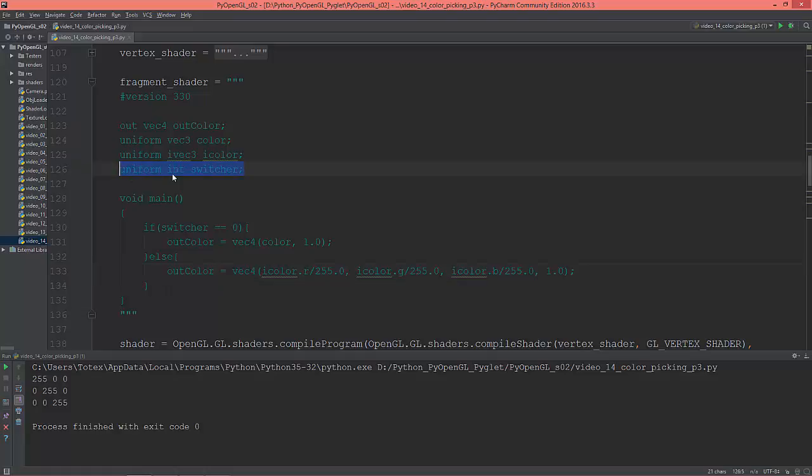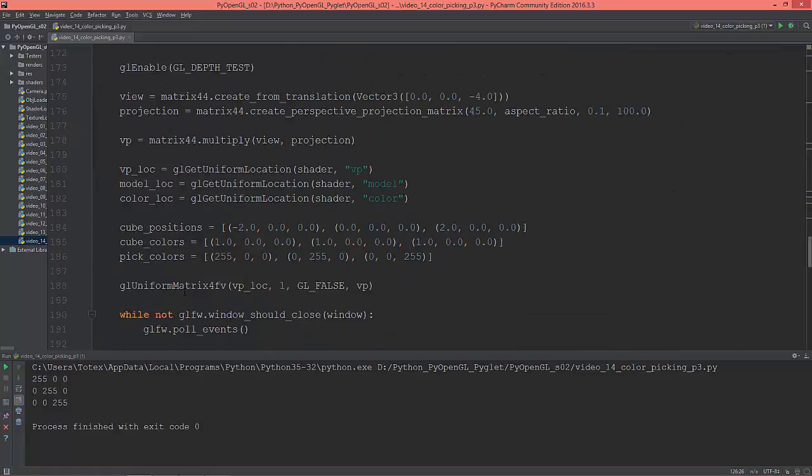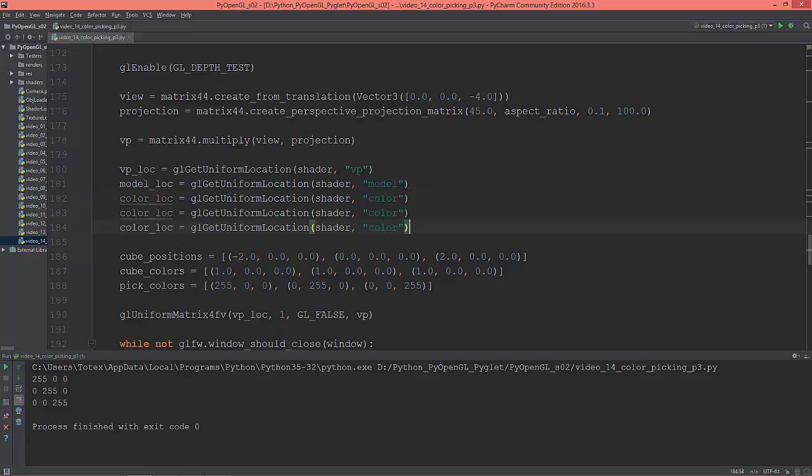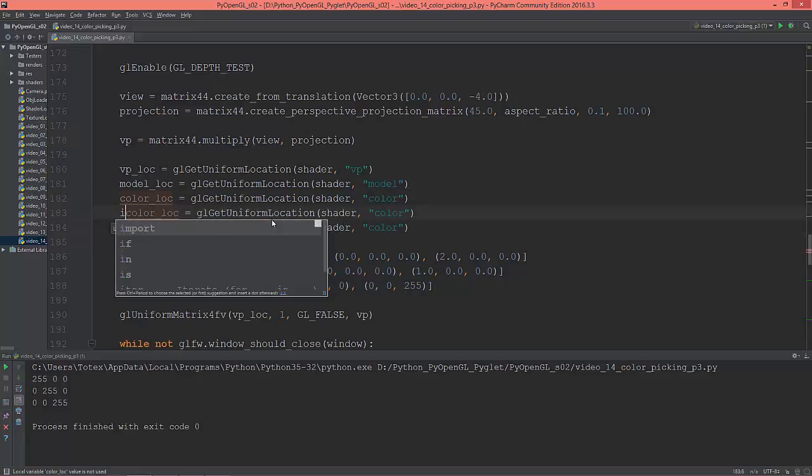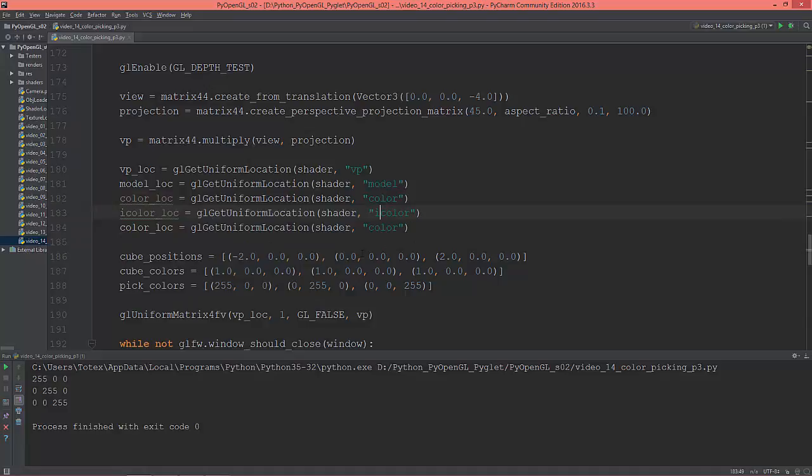so now this switcher, first of all, we are going to get these uniform locations. So here I'm going to copy this line. Okay, this will be the iColor location, and its name is iColor, and this will be the switcher location and switcher. Okay,